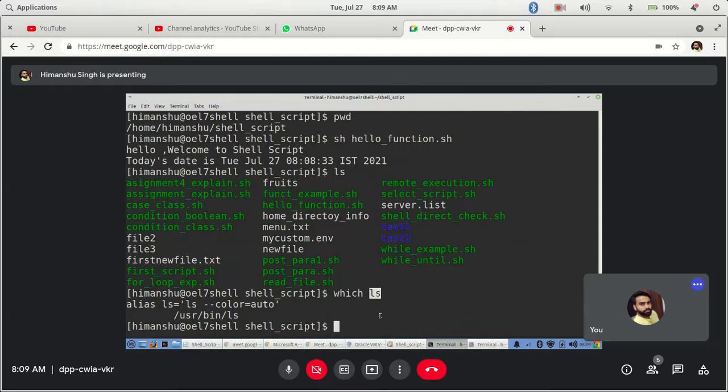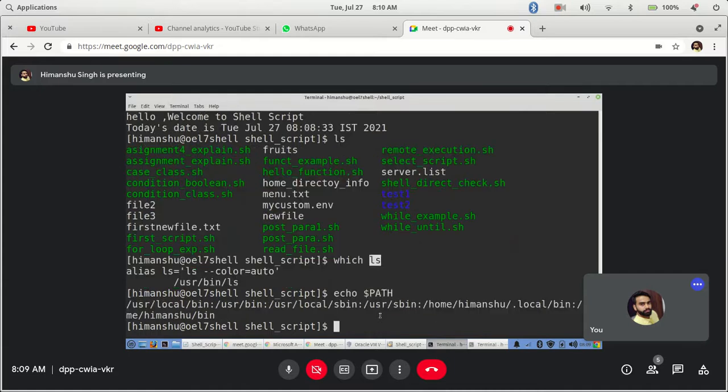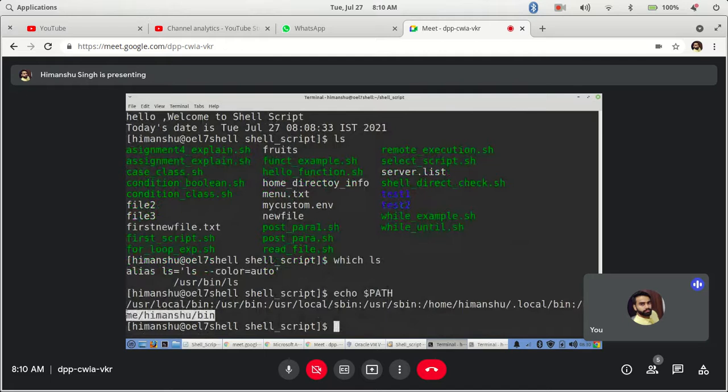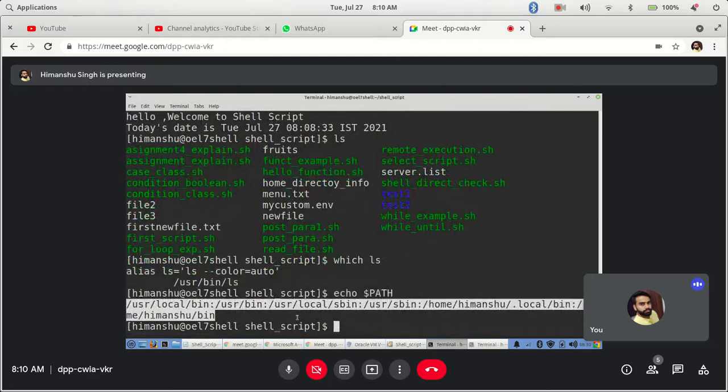There is a variable in every Linux shell called the path variable. Whenever you enter any such command, ls, cd, or let's say hello function.sh, it will find it in any of these directories defined in the path environment variable.